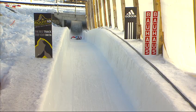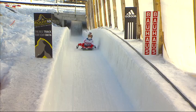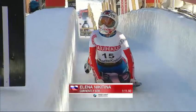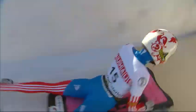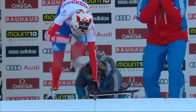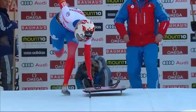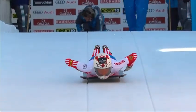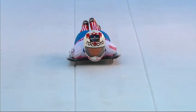And she had a lot of time in Igls this year. She did World Juniors there. She did the training before the Igls race week, and had a lot of experience there. On a track like Igls, you can just sort of lay on your sled, let your start do the work for you. St. Moritz, you can't necessarily do that. She won two second-tier ICC races in Igls before the World Cup race, and she's got a great start as